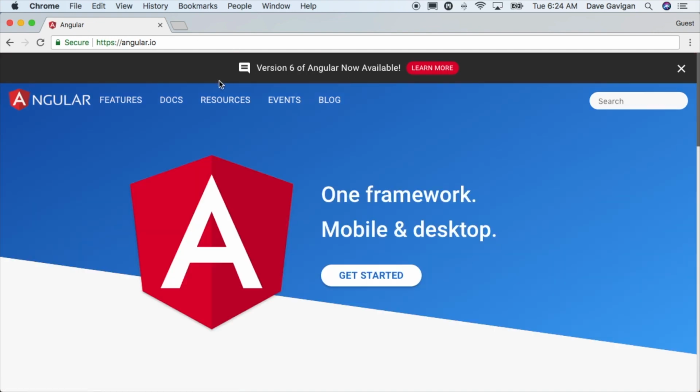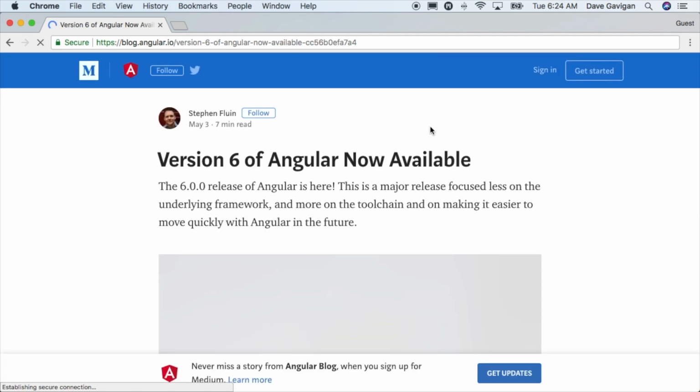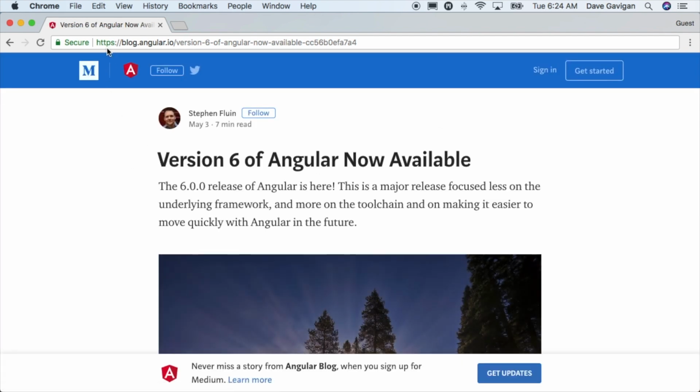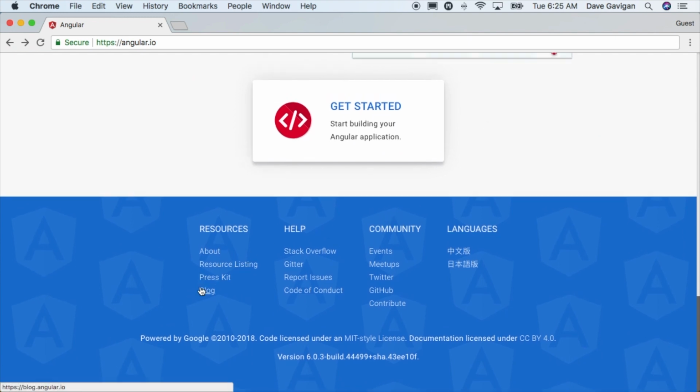It's May 2018 and the team at Google has released a new version of their Angular framework. In this video, we'll highlight some noteworthy features that you should benefit from in this latest release. Overall, this version tries to focus more on the tooling and the infrastructure than it does with the features in